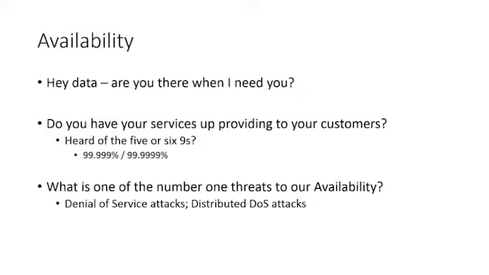And then what about the A? It's probably the easiest one to understand when it comes to the CIA triad, and that's availability. Is the data there when you need it? Are the services there when you need them? If you have a cloud provider, let's say you have services in the cloud and you're the customer, right? You're going to have an agreement with that provider of when your services are going to be there. Are they always available?